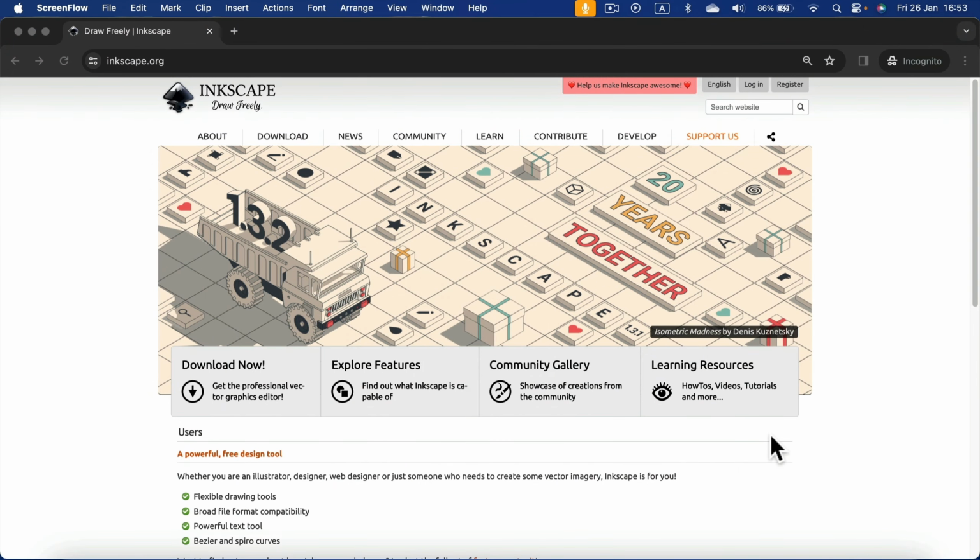How to download and install Inkscape on your Mac. Inkscape is completely free, open source vector editing software similar to Adobe Illustrator or Affinity Designer. You just need to head to the official website, so be sure that's inkscape.org, not any other website. So inkscape.org, and then you will see a download now button over here. As you can see, the newest version is 1.3.2, and that's great news. Since version 1.2, we got really good performance on Mac, even on Apple Silicon. So let's head to Downloads,